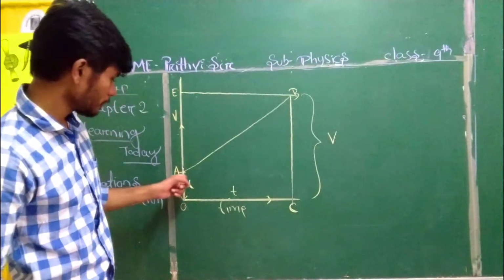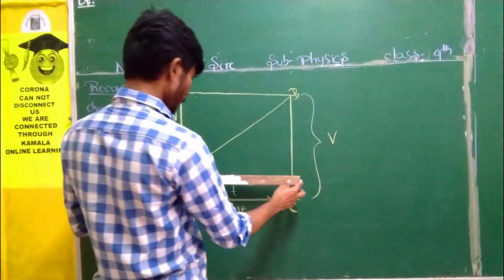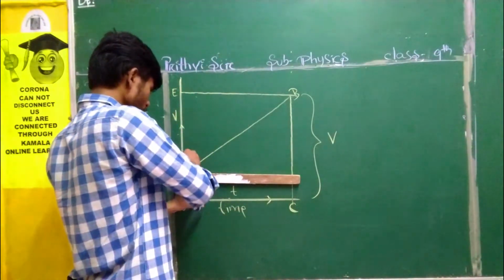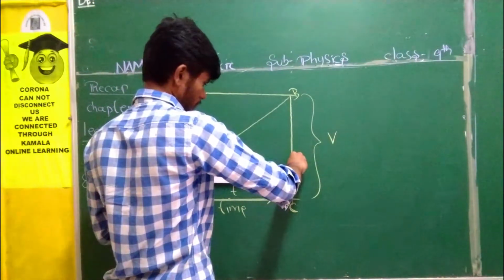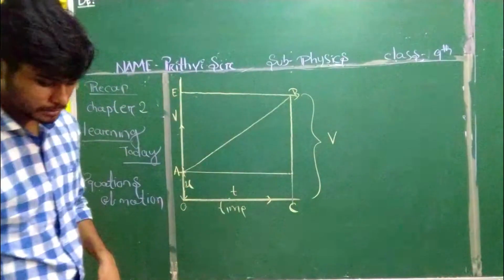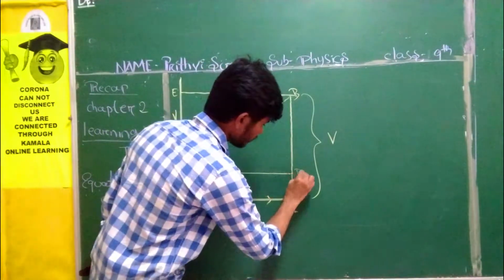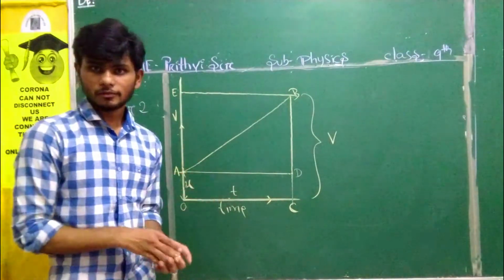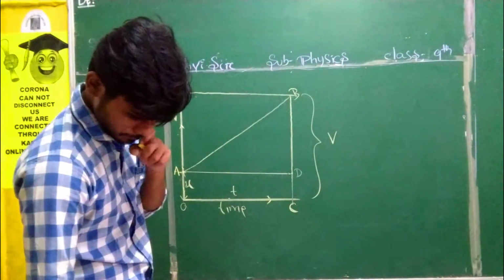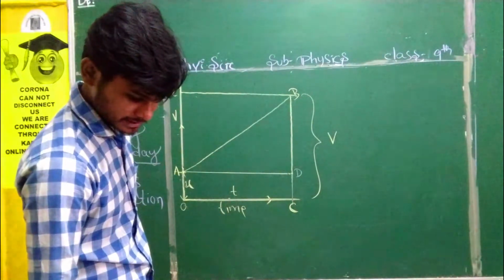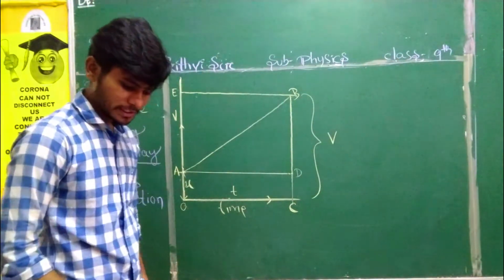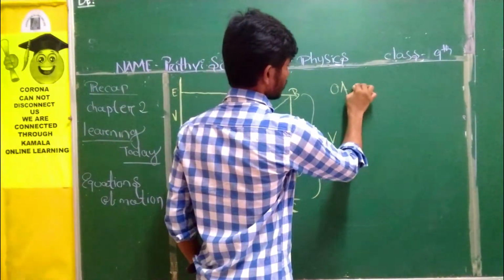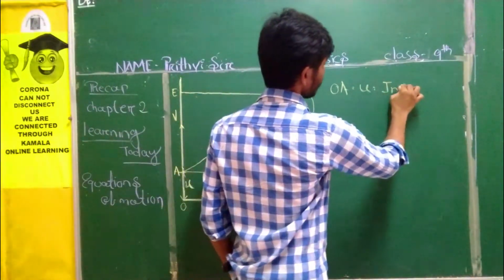And another perpendicular line we will draw from point A. What will we get if we draw this one? And we will name it as D. Now we have a triangle with us, right? We have a triangle with us. D on the time and the velocity axis respectively, so that the initial velocity represented by OA, yes, here initial velocity OA is equal to U, is equal to initial velocity.